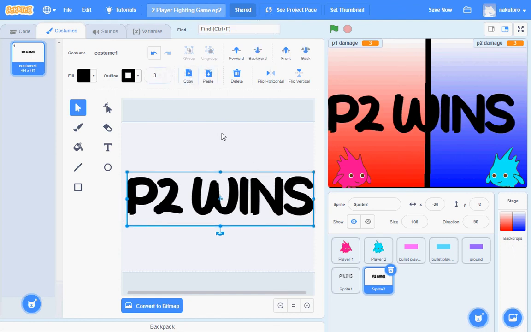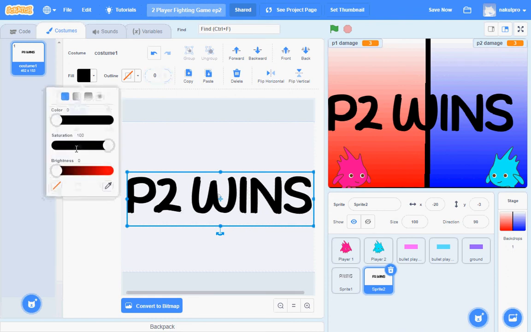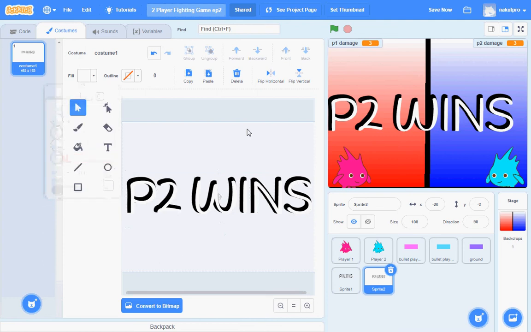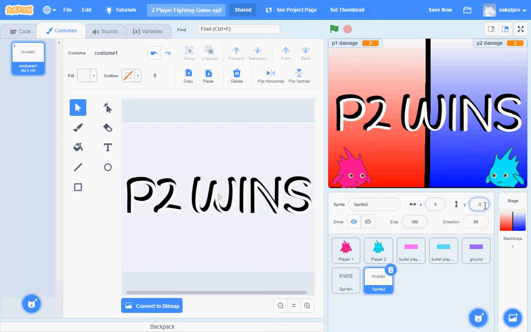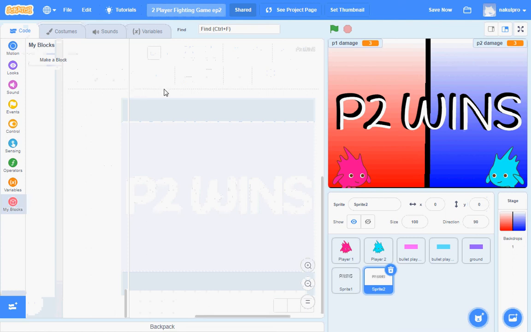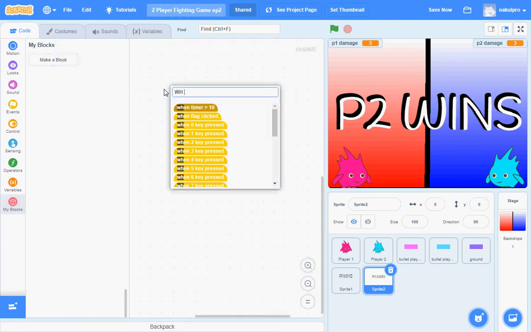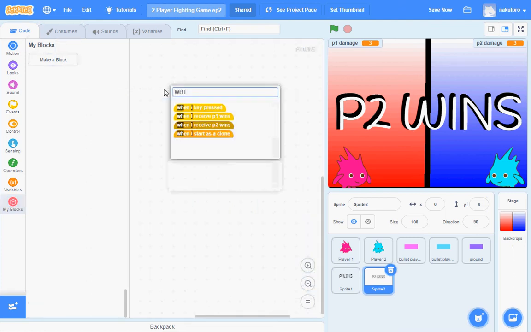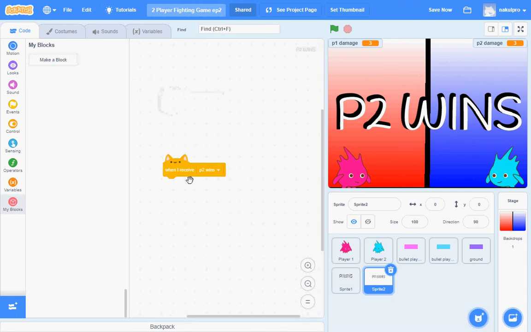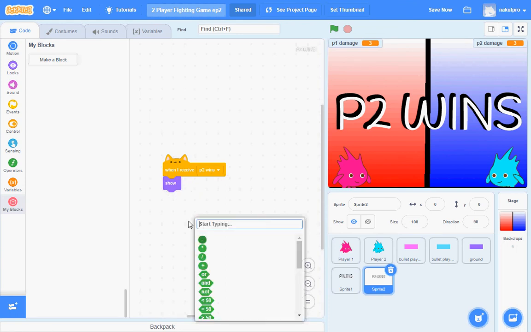Copy and paste. No outline. Fill in with white. Everything is 3D now. X 0, y 0. So let's code this block. Means sprite. When I receive P2 wins, we have to show, go to front layer,